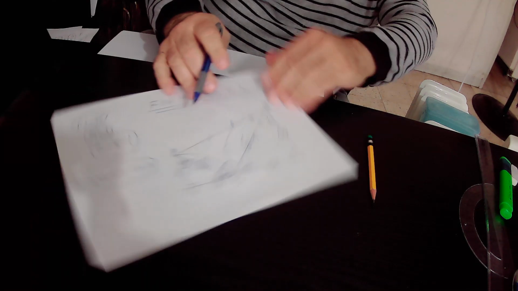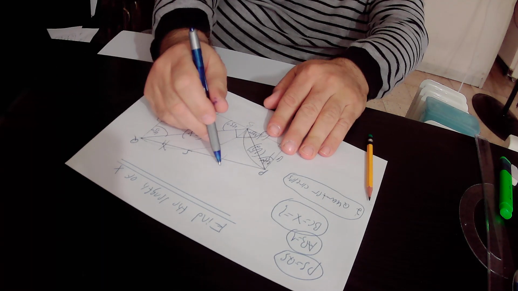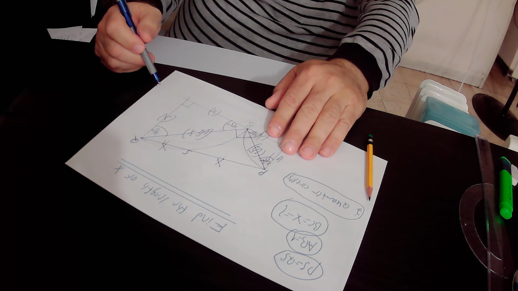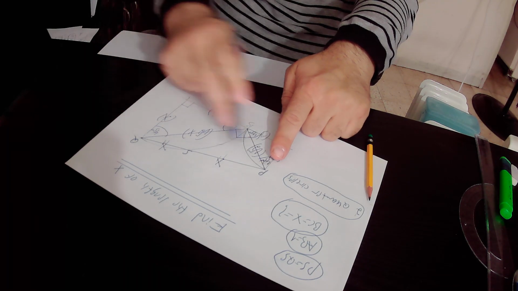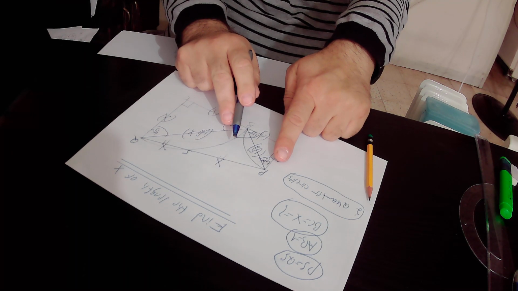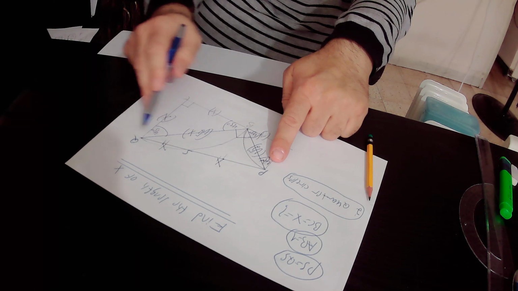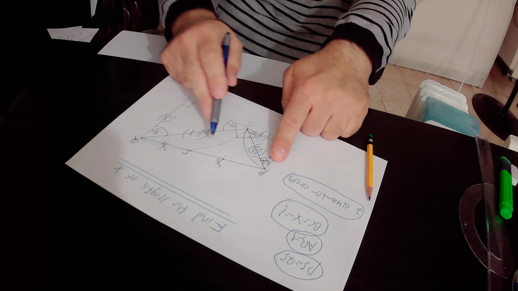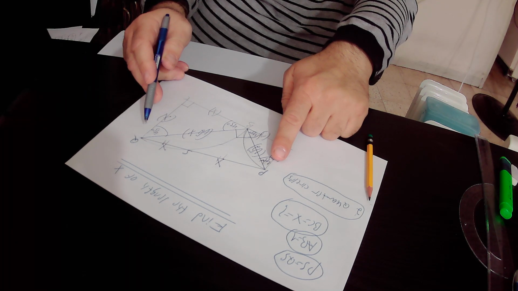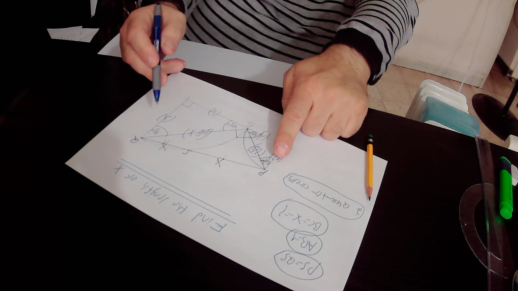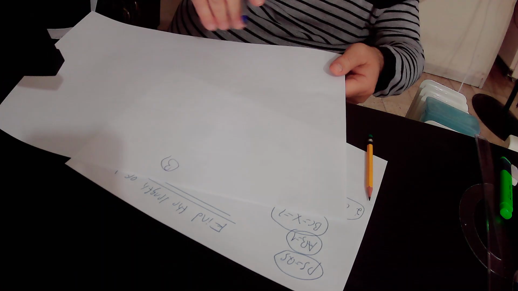So if QS is X, then SP must also be equal to X because they are equal to each other. So in total, the length of this line segment PQ equals PS plus SQ. That is to say, PQ equals PS, that is X, plus SQ, that is also X. So in total, PQ equals X plus X, that is 2X. So PQ equals 2X